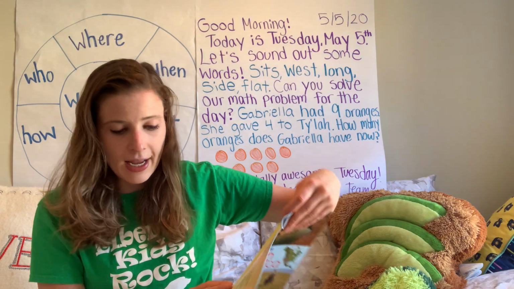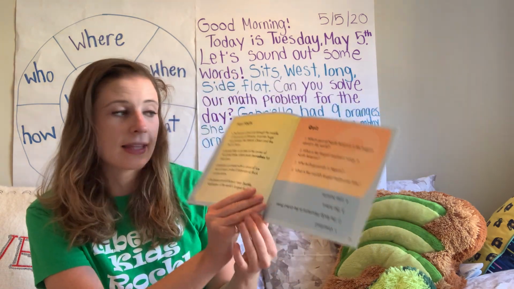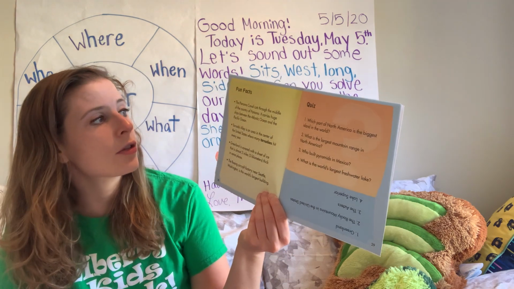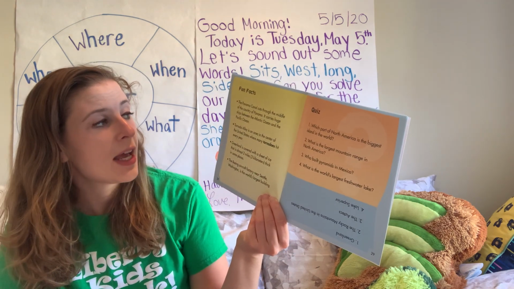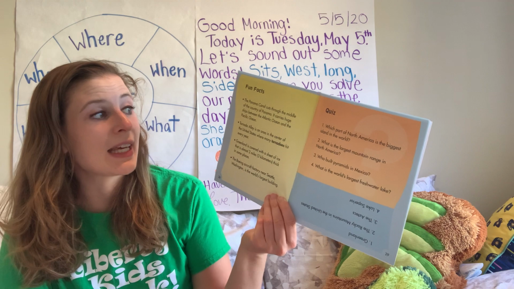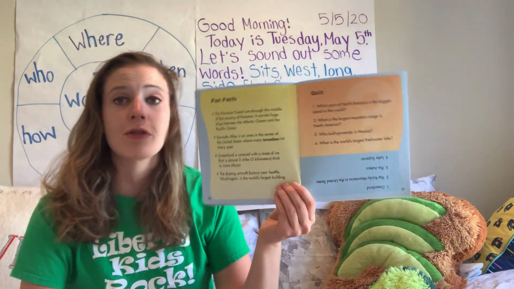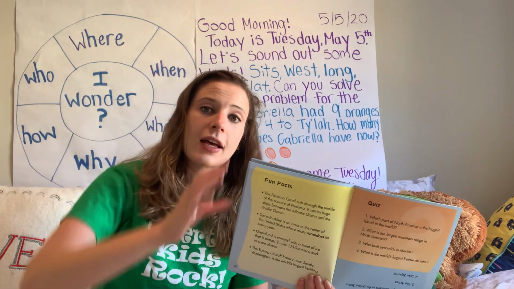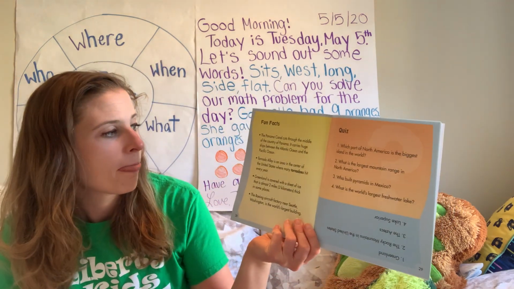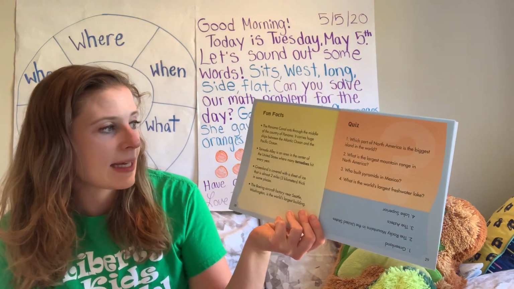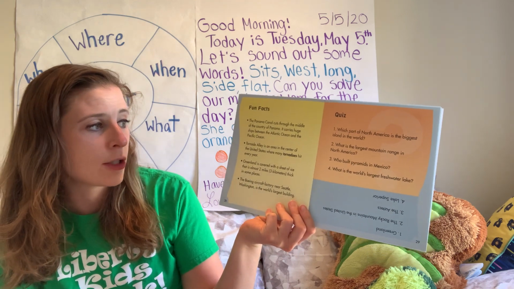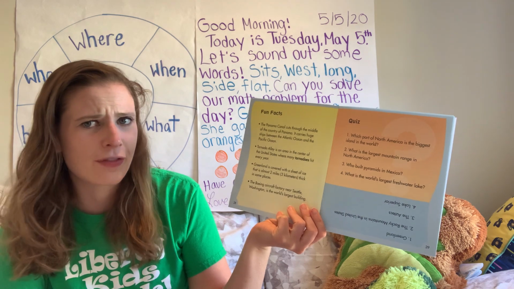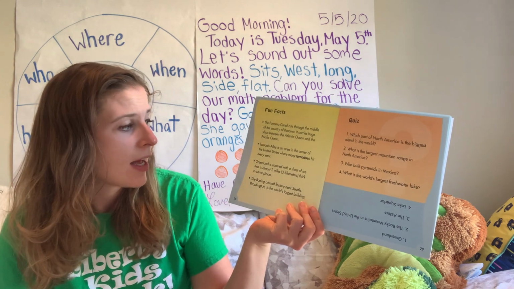All right, so now we just have some fun facts at the end. The first one says the Panama Canal cuts through the middle of the country of Panama. It carries huge ships between the Atlantic Ocean and the Pacific Ocean. Remember, one side of the United States has the Atlantic Ocean, and on the other side is the Pacific Ocean. Tornado Alley is an area in the center of the United States where many tornadoes hit every year. I'm not sure that that's a fun fact, but it's a fact.